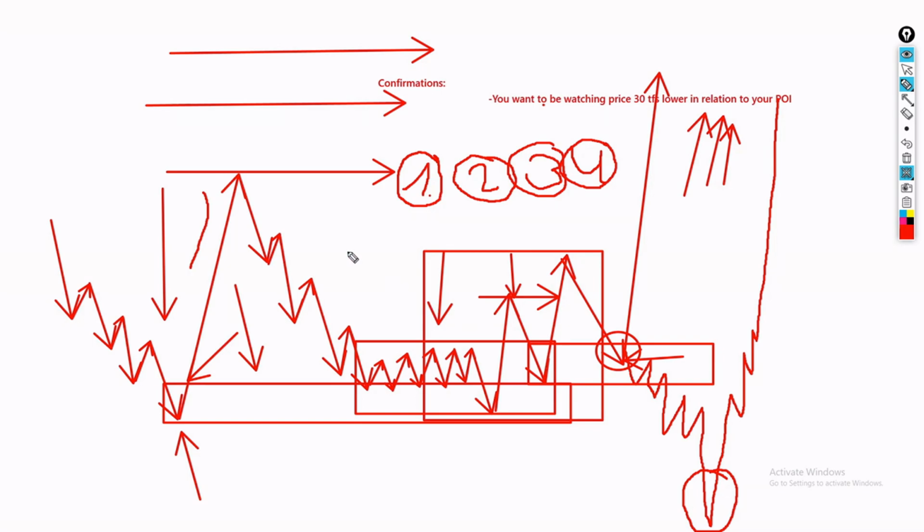So with all that explanation out of the way, we're actually going to be diving into different methods that you can use to confirm your point of interest, and we're going to be doing that very slowly and potentially taking a look into the charts so that you can see them in action. But one thing I want to make very clear at this point is that each and every single mitigation play,